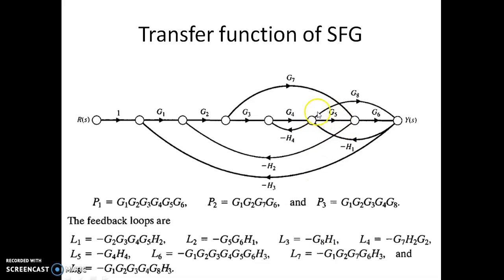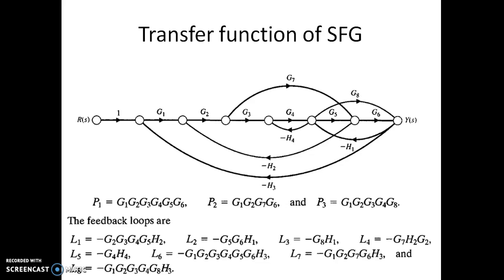So this is one more loop here. You can see this is G8 and minus H1, and L4 is minus G7 H2 G2. So we have this is G7, this is minus H2 and G2 here. So likewise you can identify there are 8 individual loops, and we can find the delta value of this one, and also we can make out that there are some loops which are not touching each